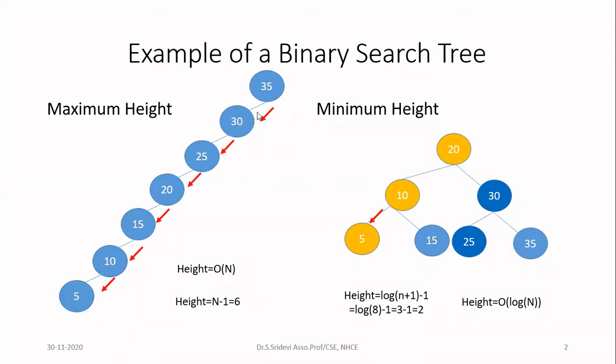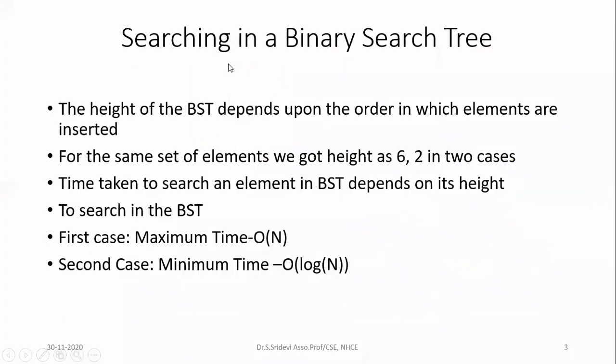If I want to search for a node in the first case, if that is the leftmost node, I have to perform comparison with all the 1024 elements. So my search is more. Whereas in the second case, maximum height is 10 only. So I'll be performing only 10 comparisons at the maximum. So I can save my time for searching the element when I go for a perfectly balanced binary tree. Now let us see how to achieve that. Before that, let me summarize the points. Whenever I want to search for an element in a binary search tree, the height of the BST depends upon the order in which the elements are inserted.